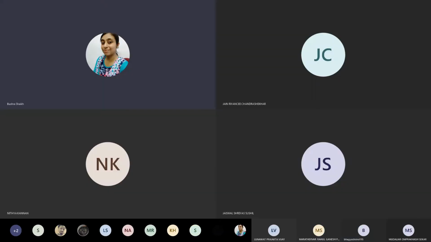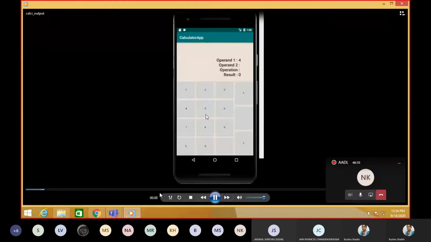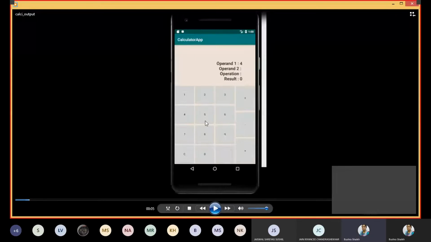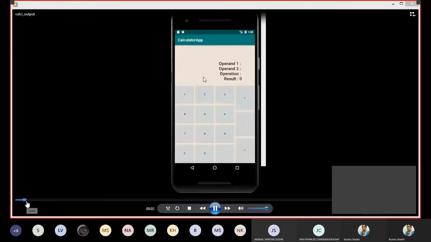So I'm going to now show you the output part. I hope this another screen is visible.